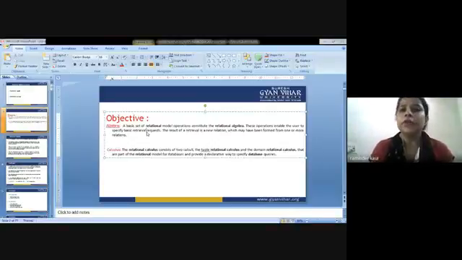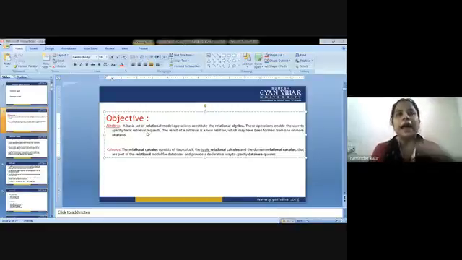A set of relational model operations constitute the relational algebra, and these operations enable the user to specify basic retrieval requests, as we have discussed earlier about the basic SQL queries. That was about the retrieval of data, so that we can process the queries in a manner that the data related to that query could be fetched, and the result of the retrieval is a new relation. Obviously it could be a new relation formed from one or more tables.